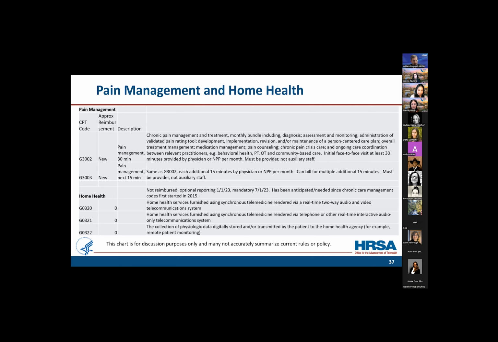And then pain management codes, which again are not really RPM, but are in the general area. And then what's really interesting, and some people thought CMS might come out with home health codes for RTM, RPM, I guess it'd be RPM most likely for them. So CMS created 3 new codes. They're optional for the first 6 months, mandatory for home health to submit as of July 1st, but these are not reimbursed codes.